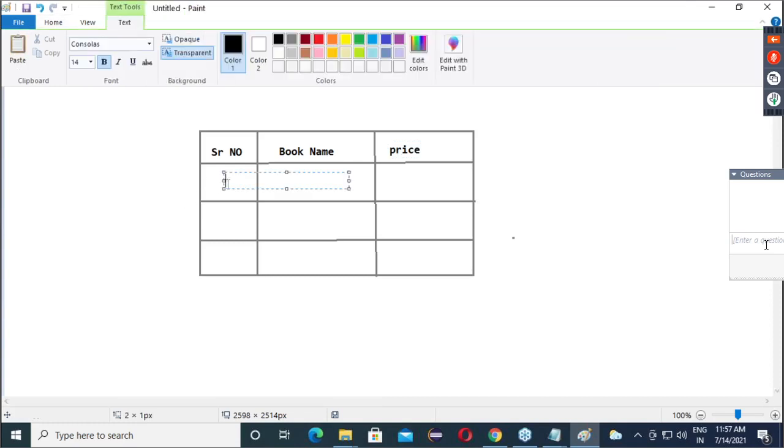Give me some example. Which book? Chetan Bhagat is the author. No, the book name. Harry Potter. Okay.